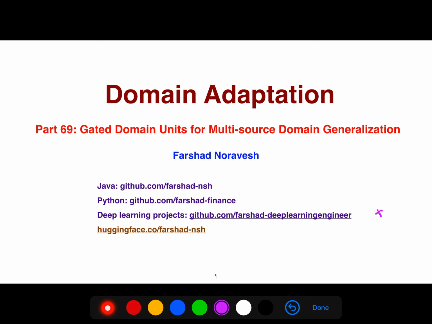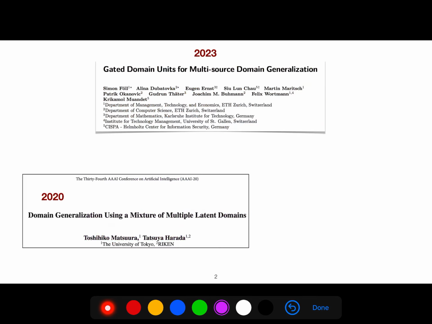Alright, so in this video I'm gonna be explaining an important article with the title Gated Domain Units for Multi-Source Domain Generalization. So this term says that our target is unseen target. It means that we are not even using the samples of the target. So this paper in 2023,